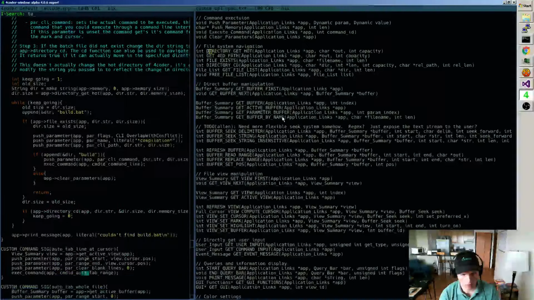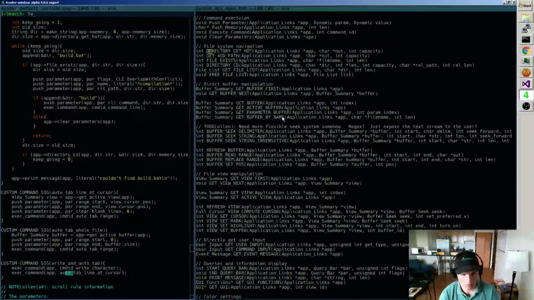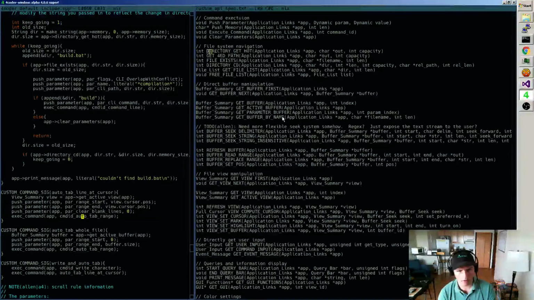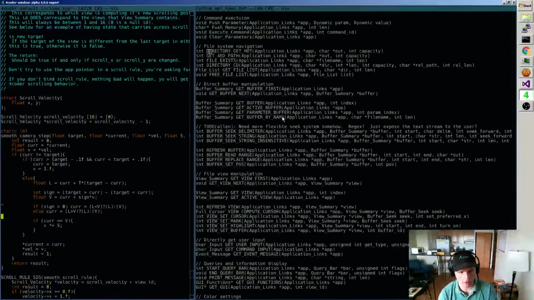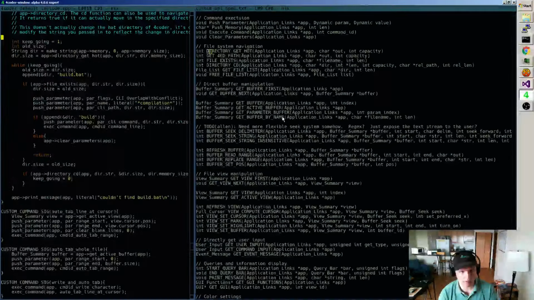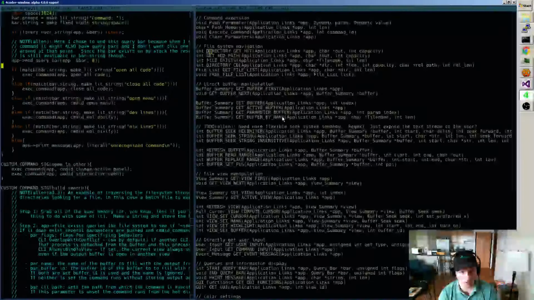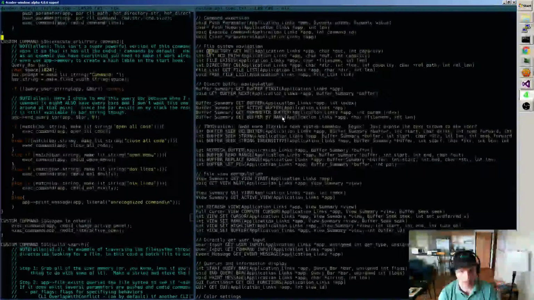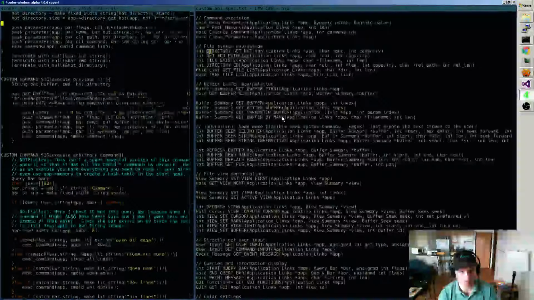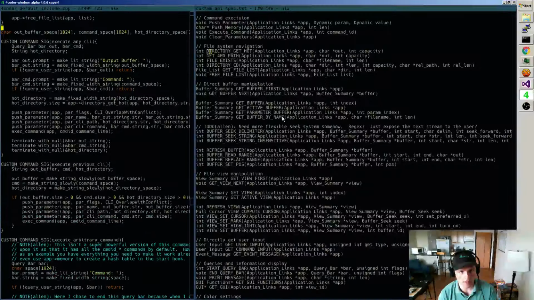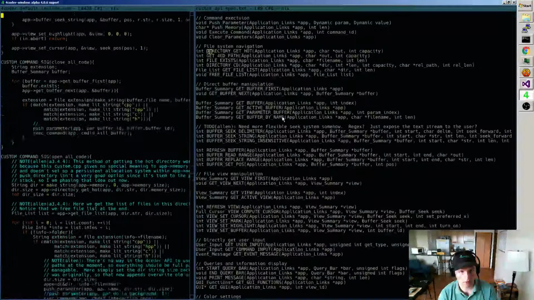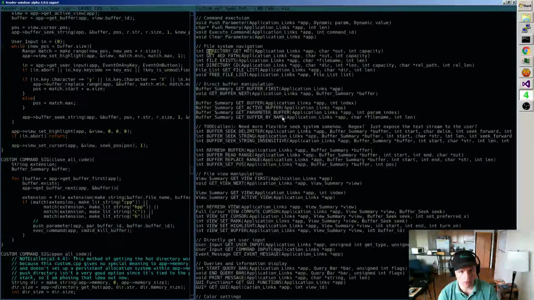Go to line, auto tab. I can't remember. I had this actual function at one point in here, but now at this point I probably spent more time looking for it than I would have spent just manually doing it. Close all code.